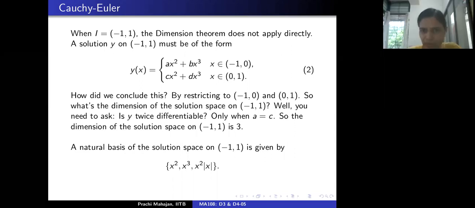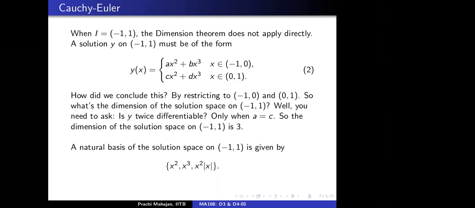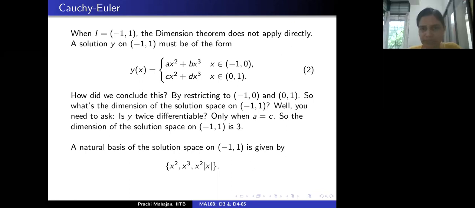Is that okay? When you apply that theorem, there are many hypotheses that go in, and each of those hypotheses needs to be checked, right? So this does not contradict the dimension theorem, but I'm just trying to give you an example.